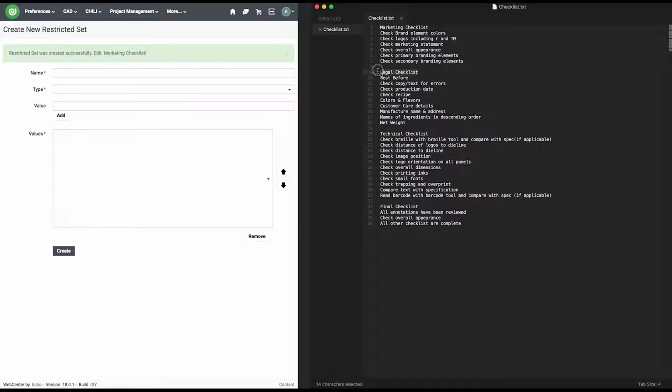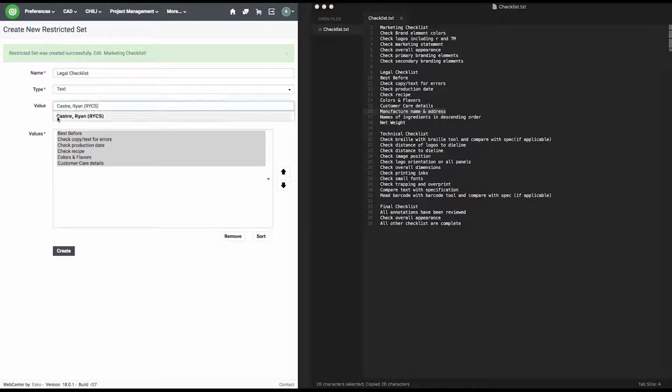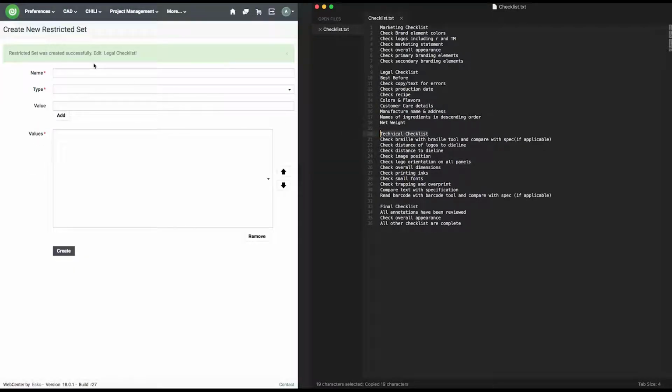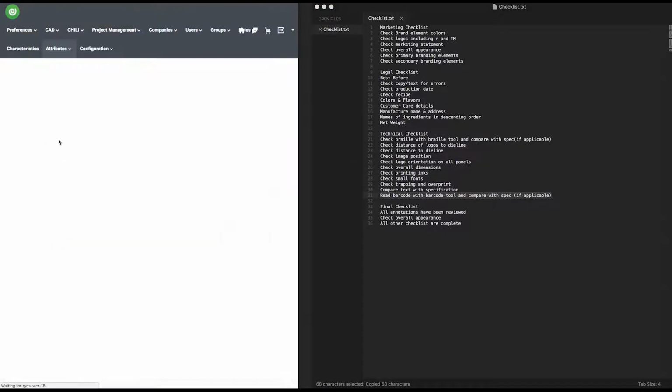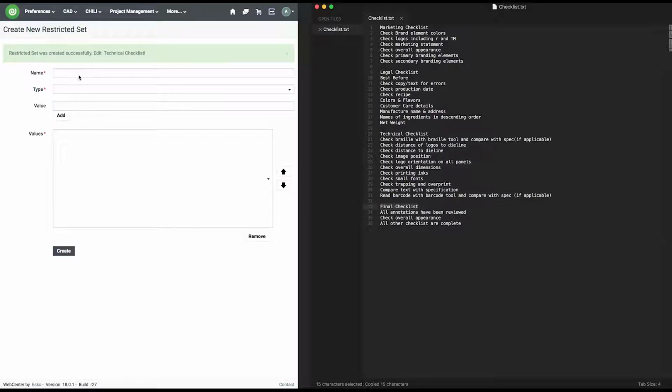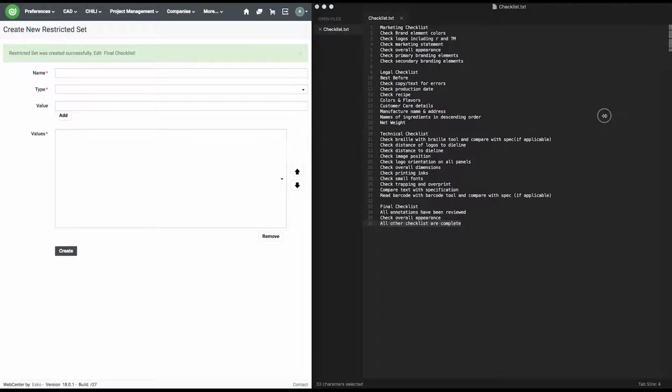Now we'll create a legal checklist. We have our legal checklist. Now we'll create a technical checklist, just using copy and paste to easily do this. And finally, we'll make a final checklist item. All right, so once we've created